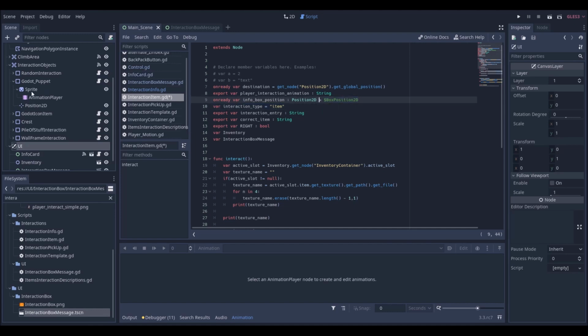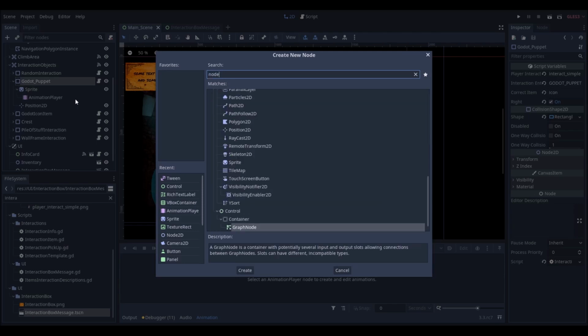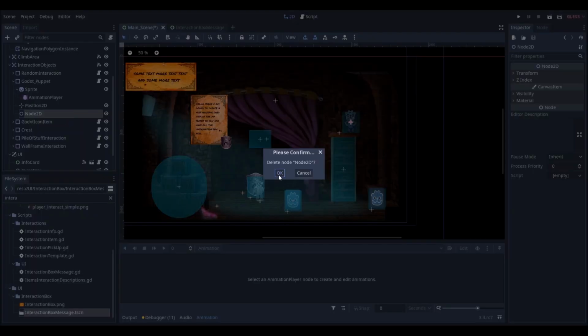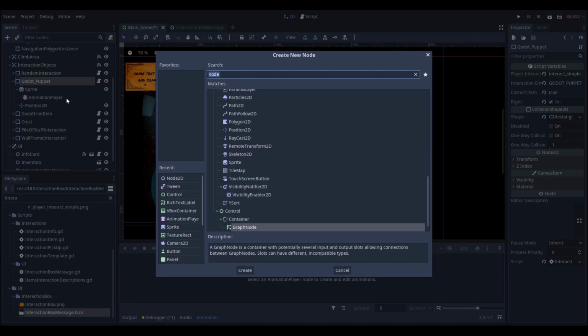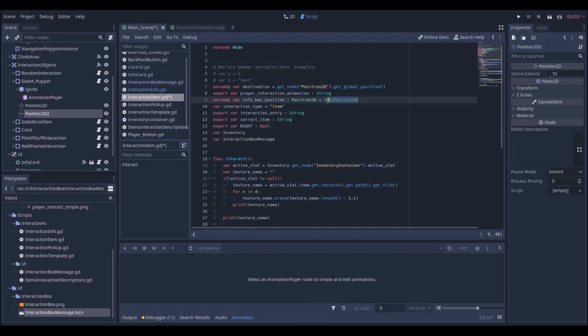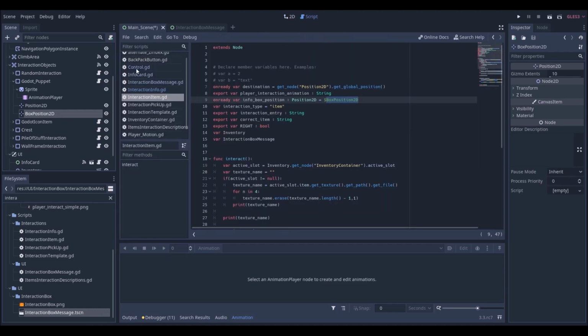And in order for this to work, I need to go to my Godot puppet and add a child, which will be a node2D, actually not node2D, but position2D, and will be called box position2D. And I want it to be somewhere here, for example. So when I interact, the box message will show here. And now I just need to do this,